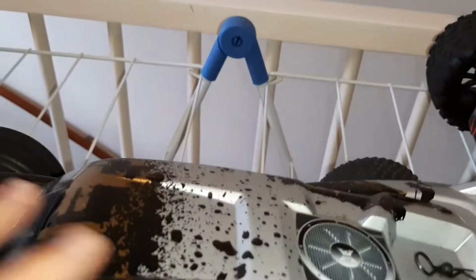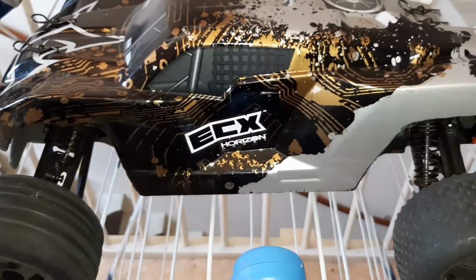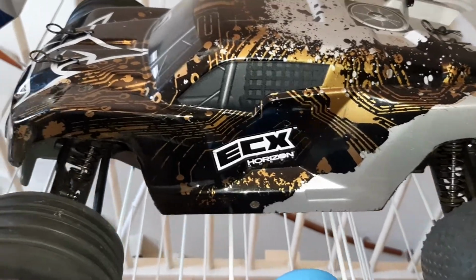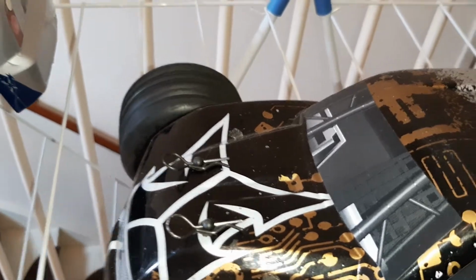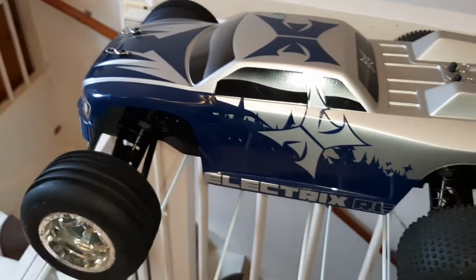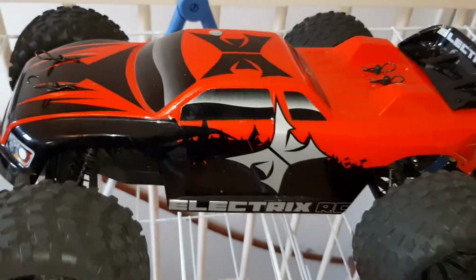So yeah, this used to be our roller. It used to have a wheelie bar as well, but the wheelie bar was not useful in a roller, so I used it on another car because it was pink. I'm not running a pink wheelie bar on my car, so you will see my wife's car in a bit. And this is the other circuit, the last circuit that we have,